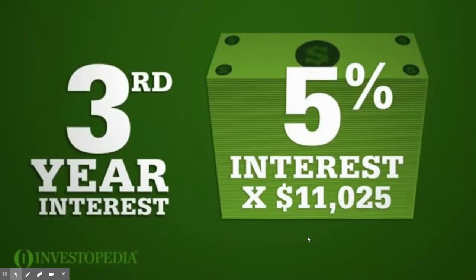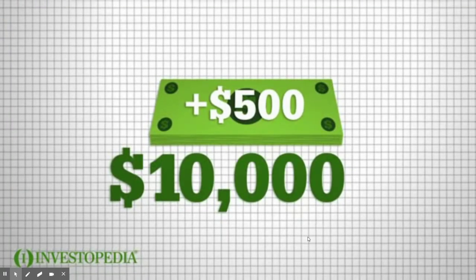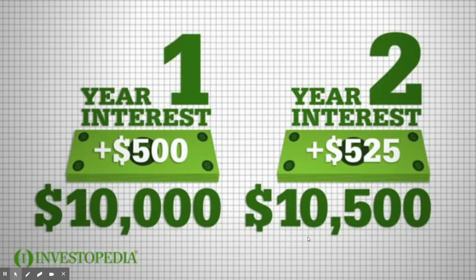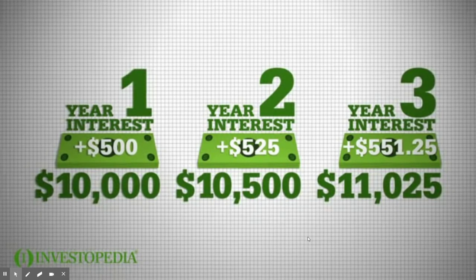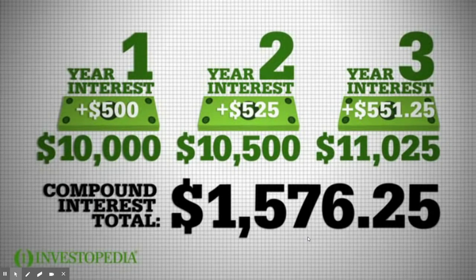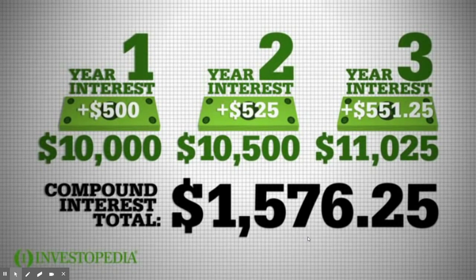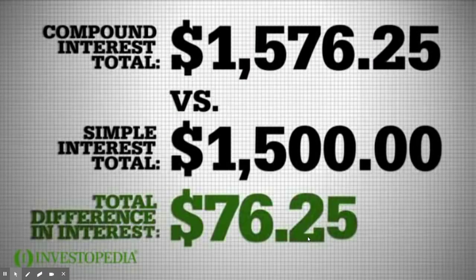In year 3, you earn 5% interest on $11,025, $10,000 plus 500, year 1 interest, plus 525, year 2 interest, or an interest payment of $551.25. In total, you earn $1,576.25 in interest over 3 years with compounding interest versus $1,500 with simple interest, a difference of